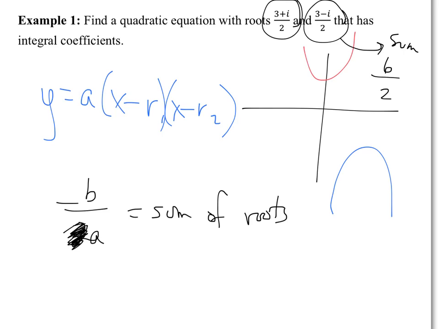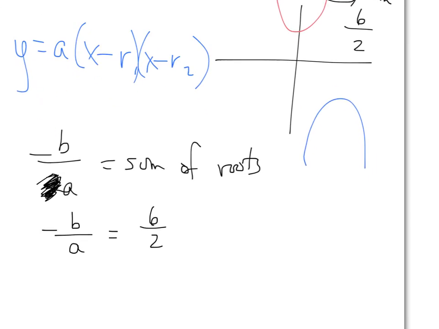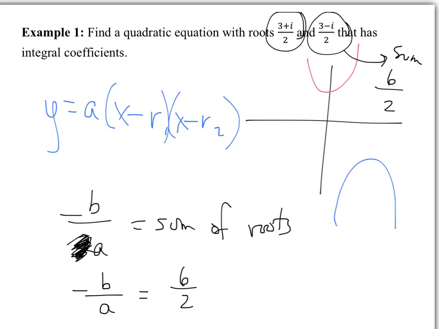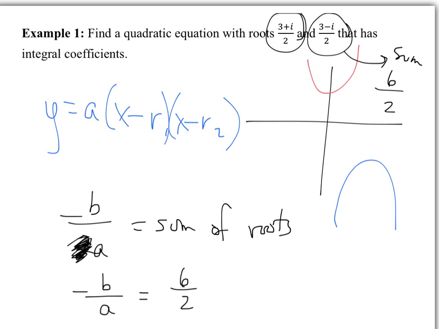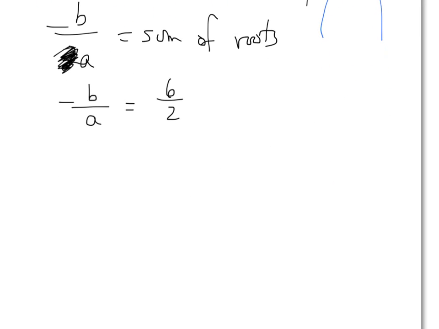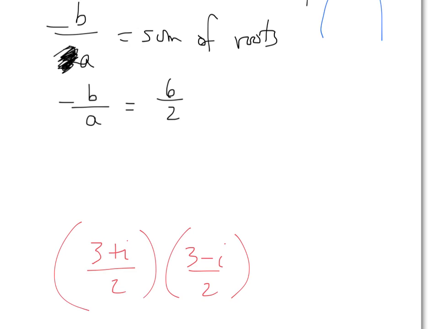Now, I'm going to leave it as 6 over 2 for a moment. Is that all right? I'm going to leave it that way for a moment. I'll explain why next. Then I want to multiply them together. 3 plus i over 2. This needs a little bit of work. Times 3 minus i over 2. Multiplied. So the numerator,